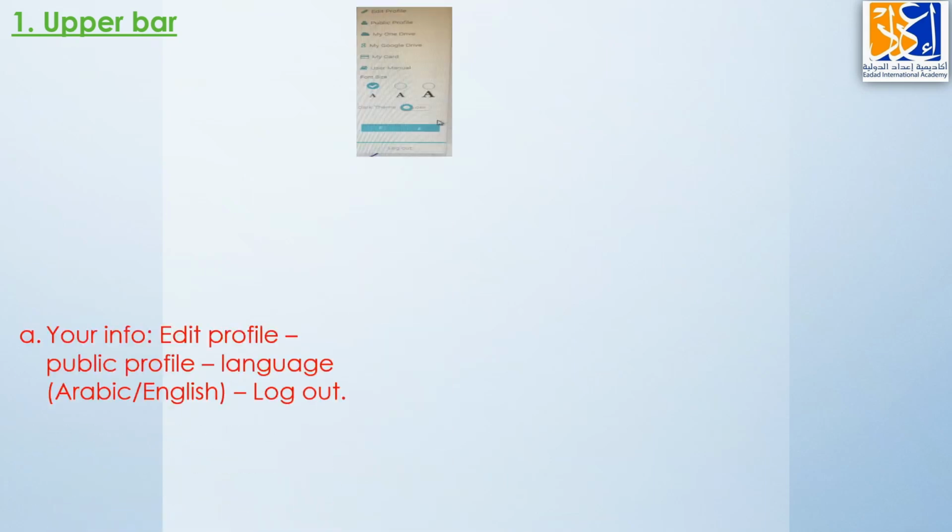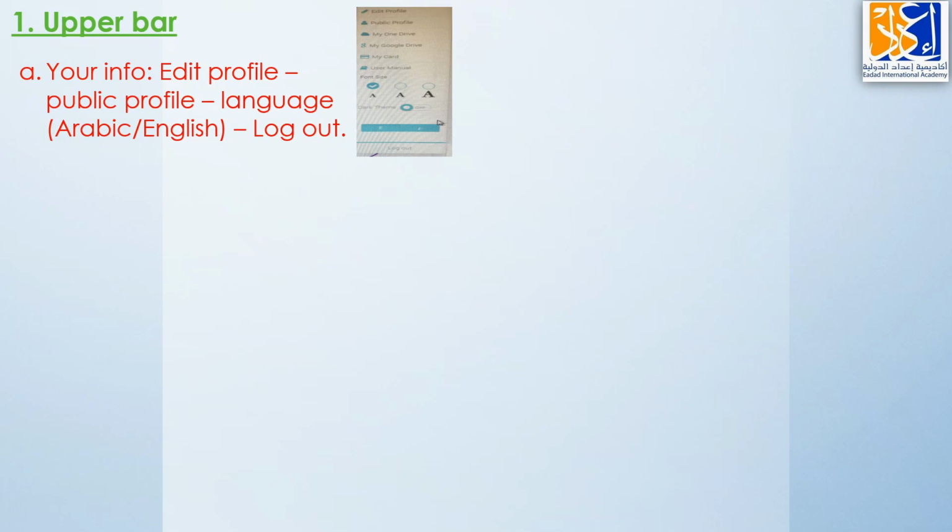Now, on Classera homepage, what we see is the first bar on the Classera is the upper bar. In upper bar, what things we have? What is this? Your info. Edit profile, public profile, language, change into Arabic or English and log out. At the top, on the upper bar, you can view your profile. You can edit your profile. You can change your display picture at the upper bar. Then,